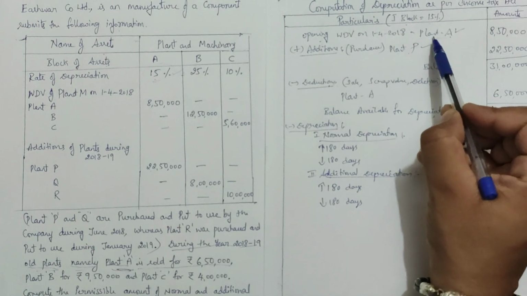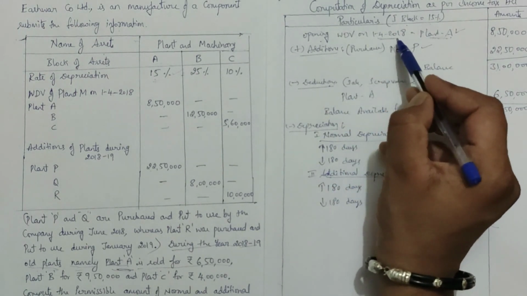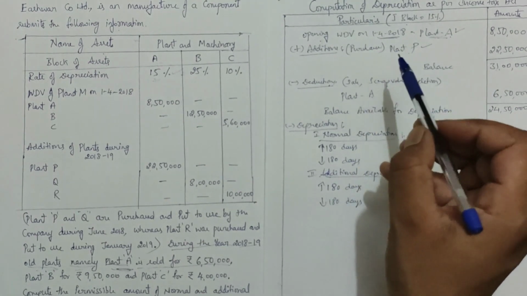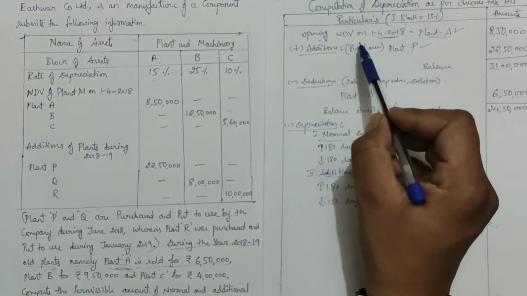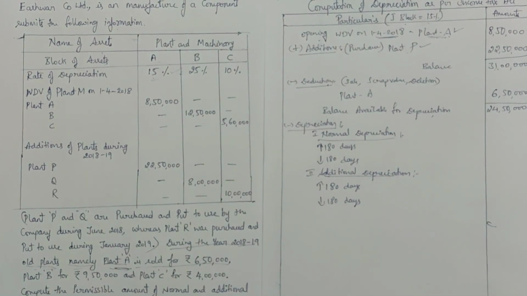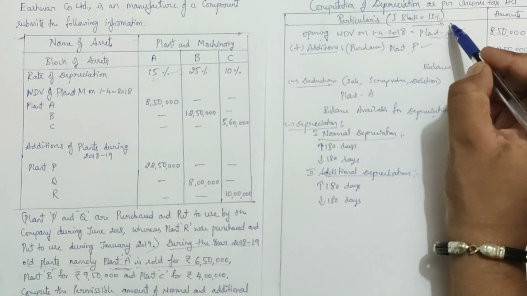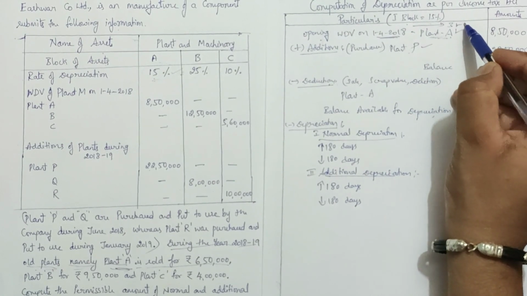Okay. So first plant A. You can see here plant A was purchased on 1/4/2018. Already this is written in the values, this is the old one. Clear? Maybe in a previous year they purchased it. That is a very old one, that's not a new one. So that means we need to consider from 1/4/2018 till the last day of the financial year.